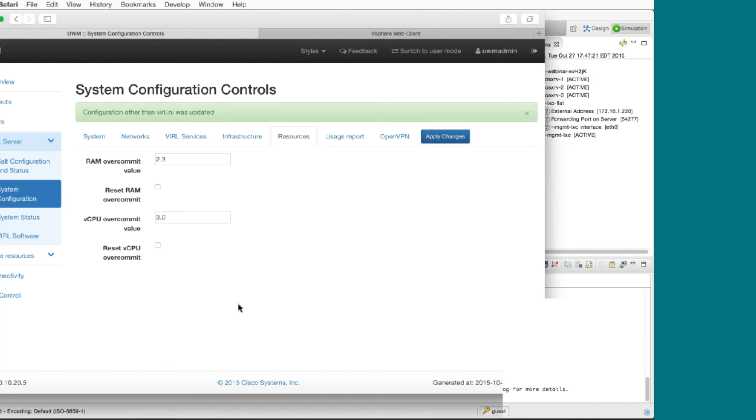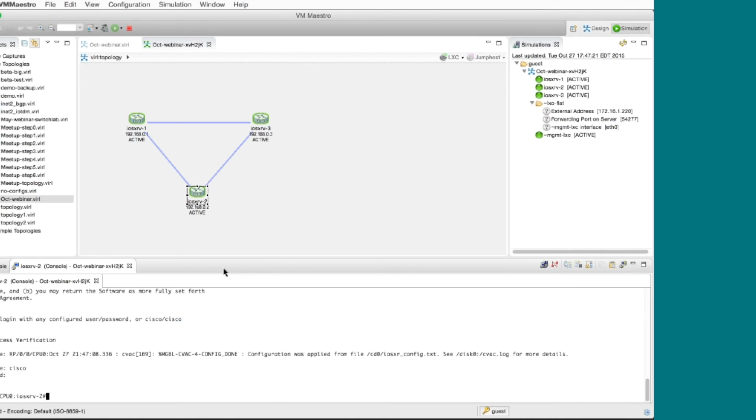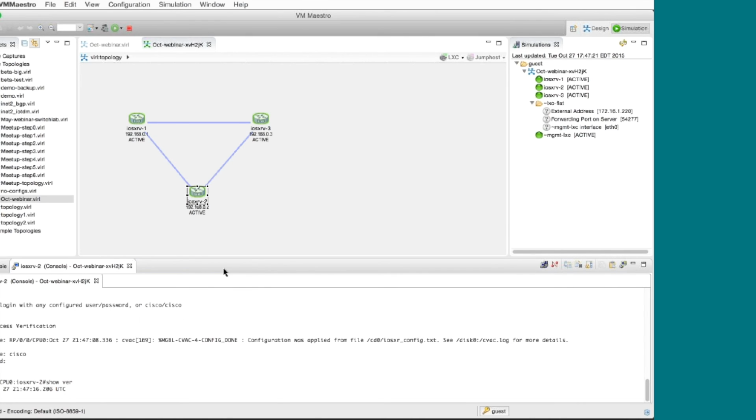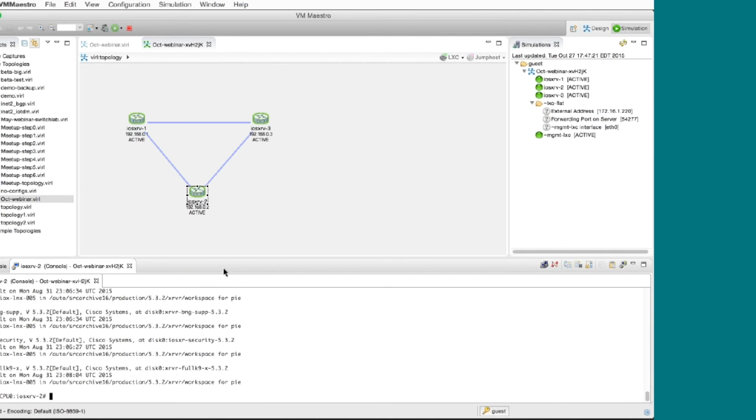So, like I said, we're now able to get into this instance. It's performing fine, and XRV seems to be fairly fine with having a slightly higher overcommit. It also helps if I'm running simulations that are largely the same node type, basically the same virtual machine image. That'll help with some of the RAM overcommit, since it's able to share a little bit more among the nodes.